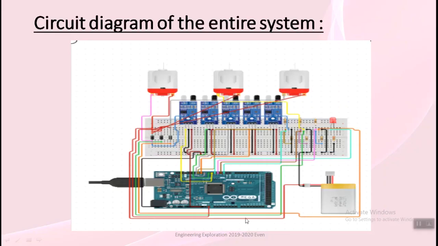Now let's look at the circuit diagram of our model. It consists of 3 DC motors, in which 2 are for the mobility unit and the other is for the seed dispensing unit. There are 5 IR sensors that make up our indication unit. All the above mentioned components are connected to a breadboard and in turn connected to the Arduino. A battery is also included in the circuit to supply power.